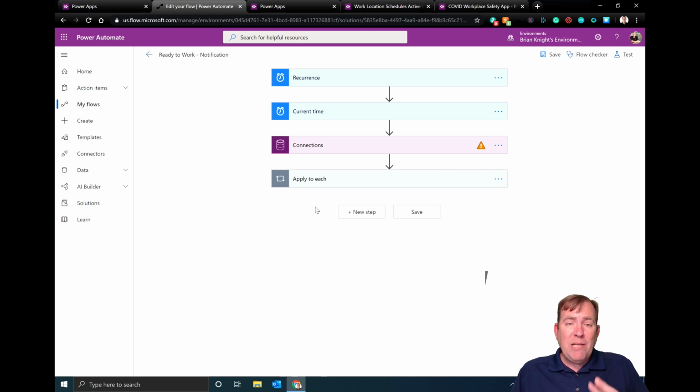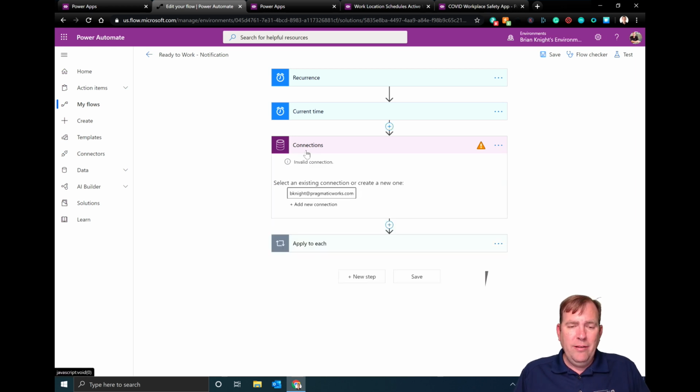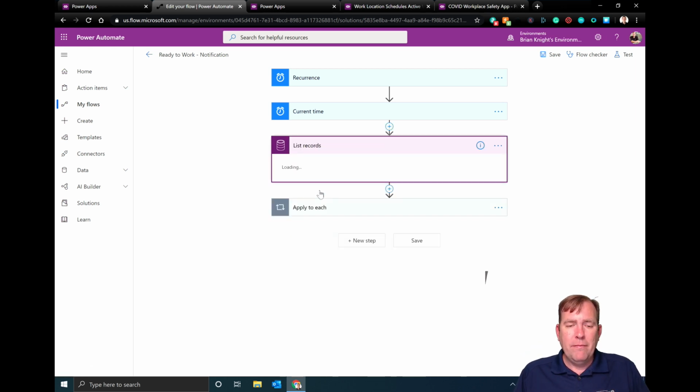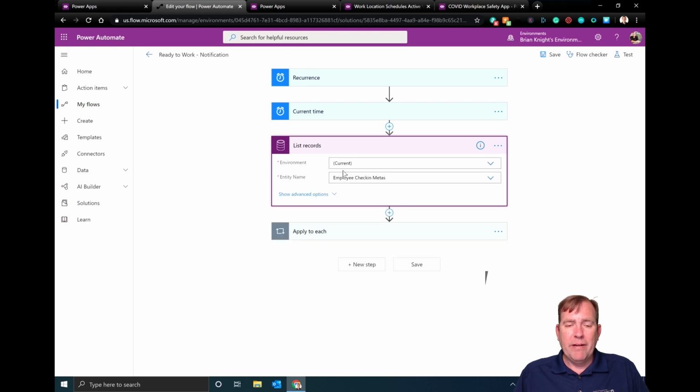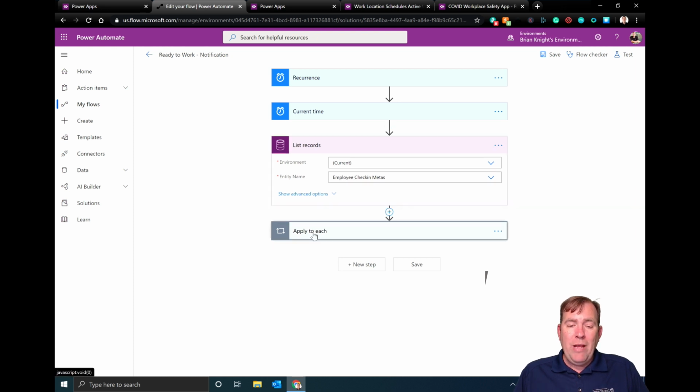So there's 2 things we have to do here. First of all, under connections, we just have to click the sign in button. So it's going to go ahead and configure it right here. So now it's going to configure it. There we go. It's pointing to my employee check-in metadata table now. Then we have to get